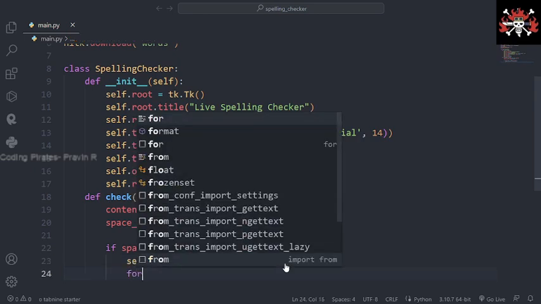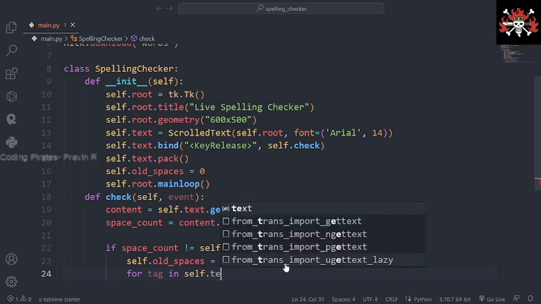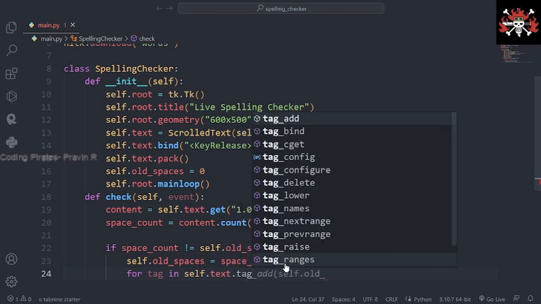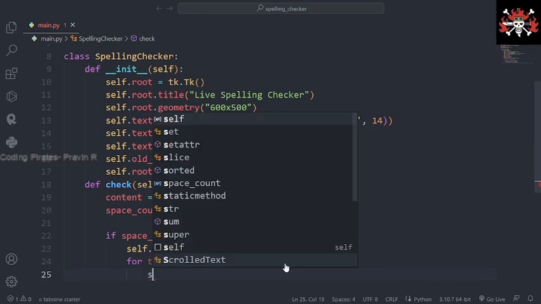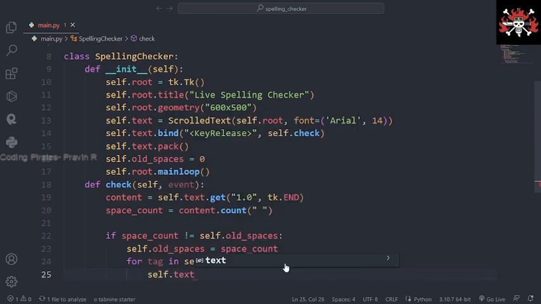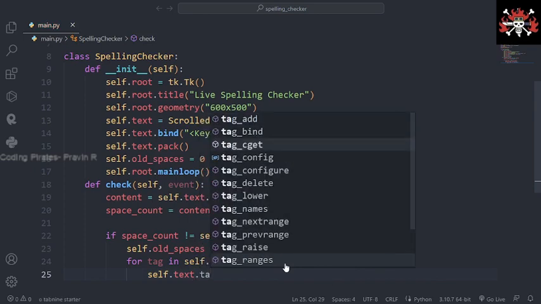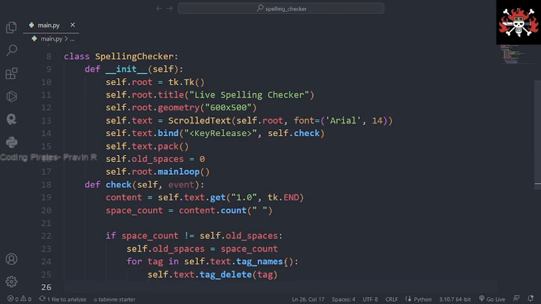Then for tag in self.text, oh no, it's self.text.tag_names. Okay, tag_names, then close it, that's a bracket. Okay, bracket. Then self.text.tag_delete. Okay, it's here, tag_delete, and this would be tag. Okay,